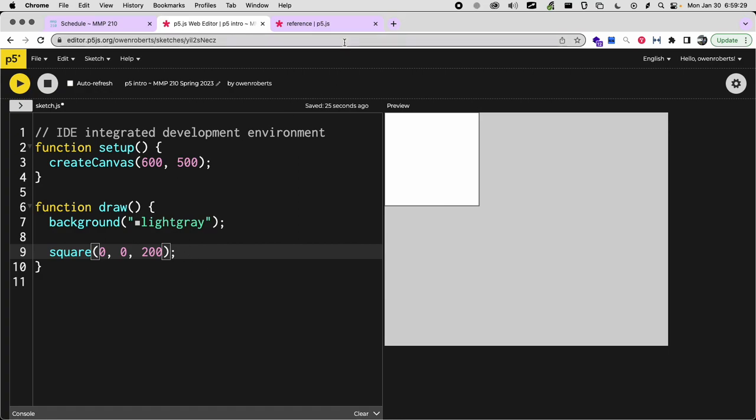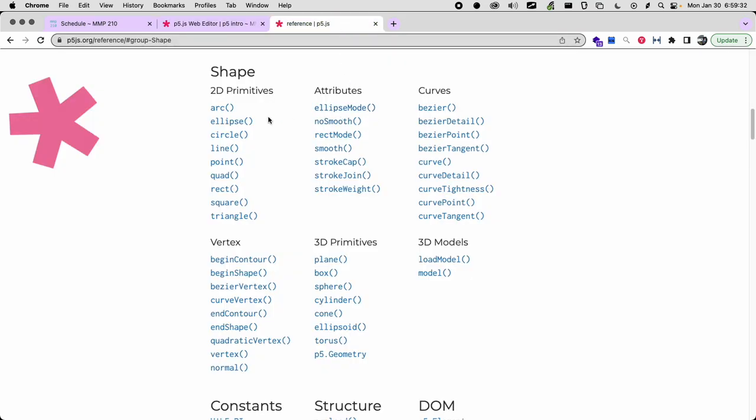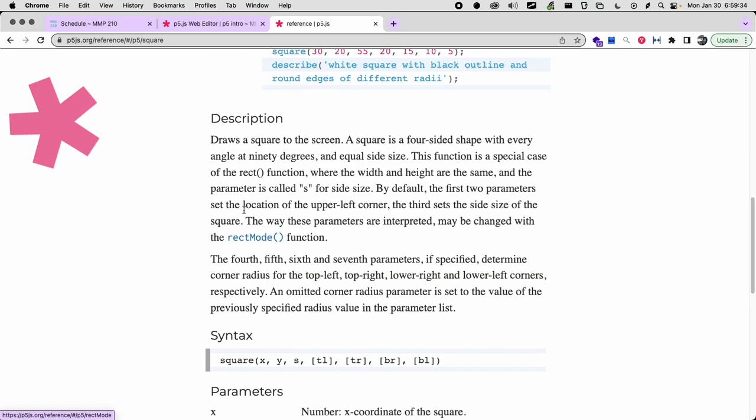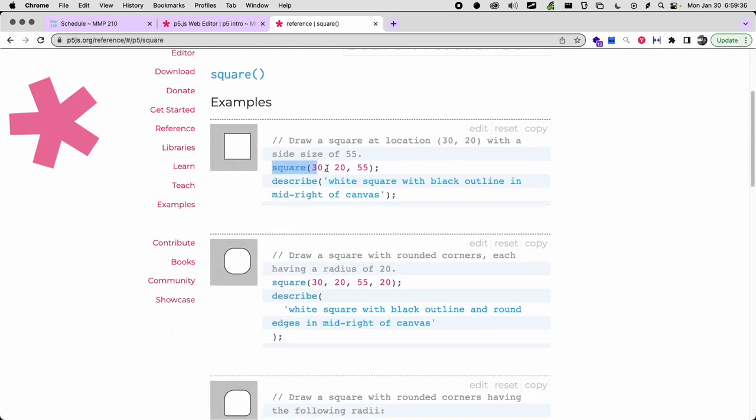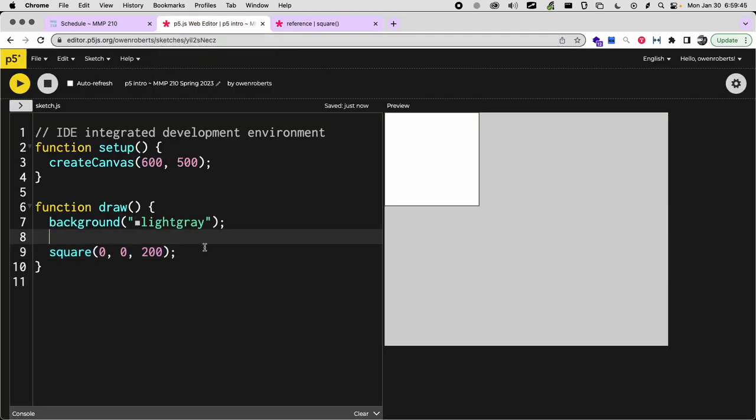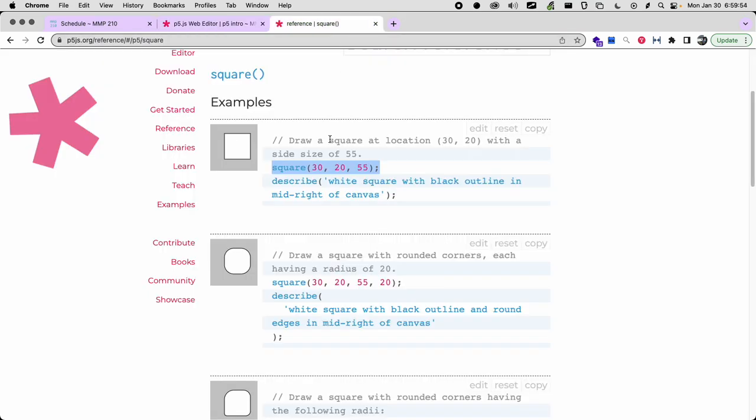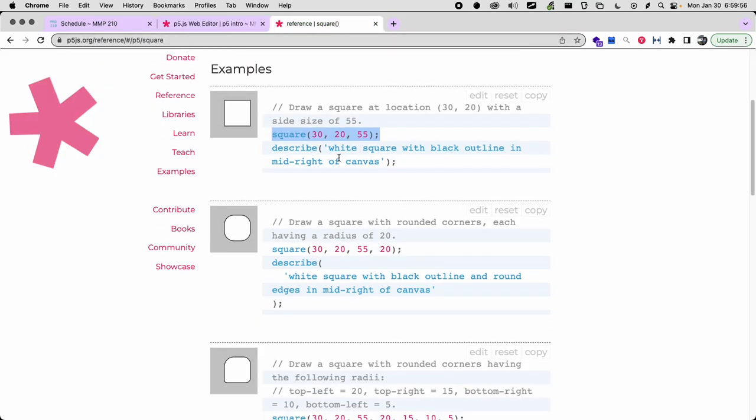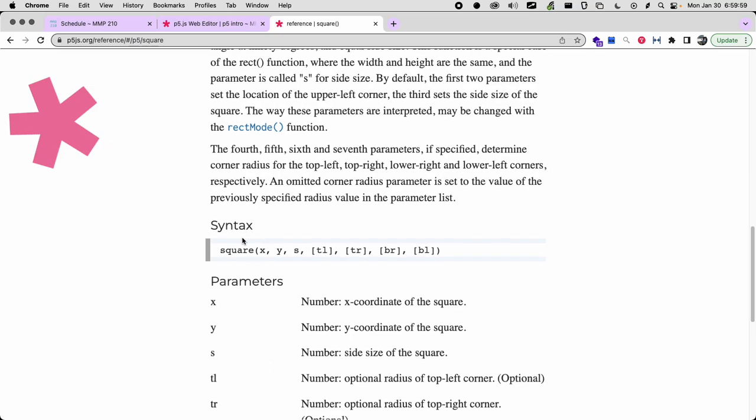Pretty simple. If we look at the reference page for a second, I can actually take a look at what a square looks like, and it'll give me some code examples. So I could just copy and paste this directly into my project. I could just highlight this, hit Command C to copy, and paste it in here and run my sketch, and there's that square there. So the nice thing about the reference is it has code that you can actually put in your project. And then it has some different examples, and then it shows you how to write it,